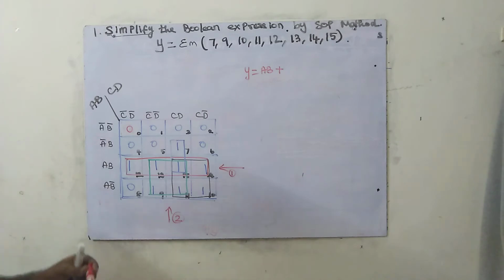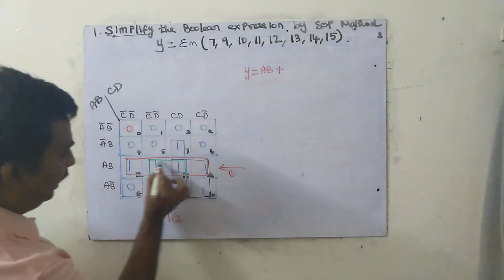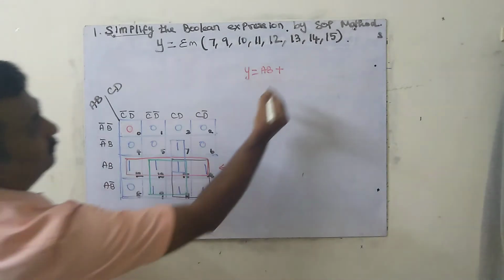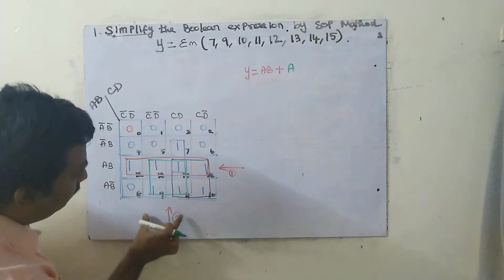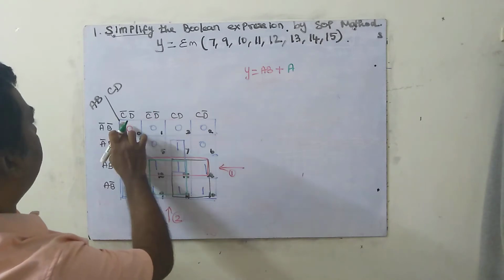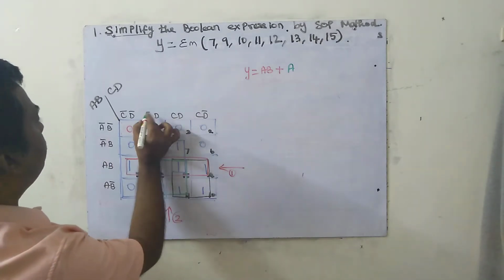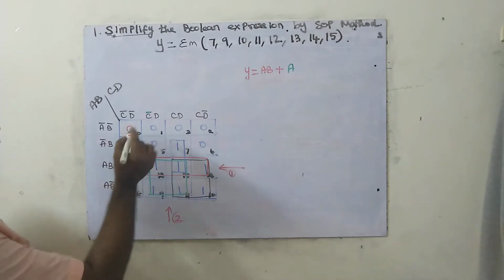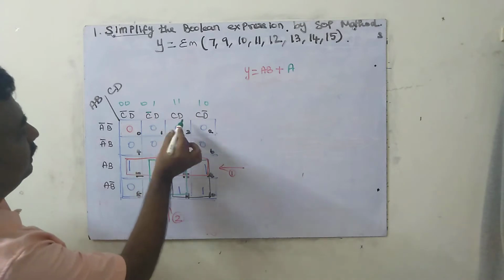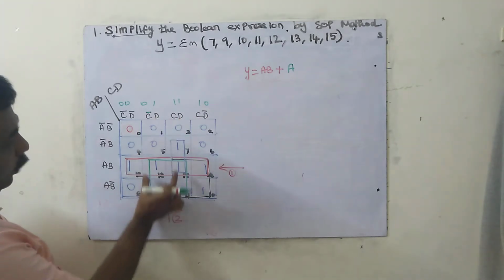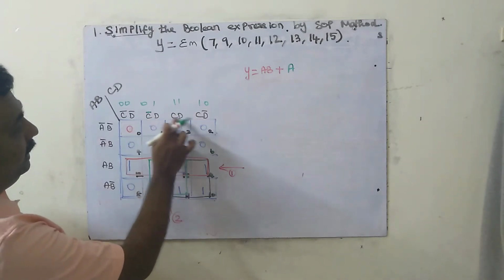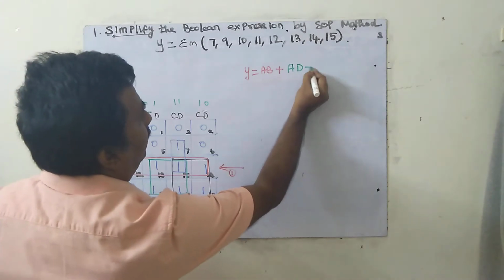Then go to the green color. For this green color box, A is common. Sorry, this is C bar D bar, C bar D. C bar D, next, because 0 0, this is 0 1, 1 1, 1 0. See, it is C bar. So which is common? D is common. So for this 2, 1, this D is common. See, if I see from here, C bar is changing to C. But D is here also D, here also D. So it is A into D plus.